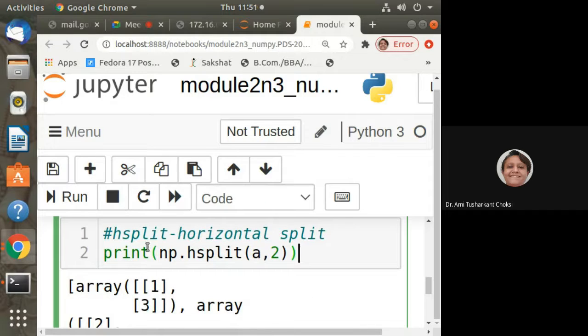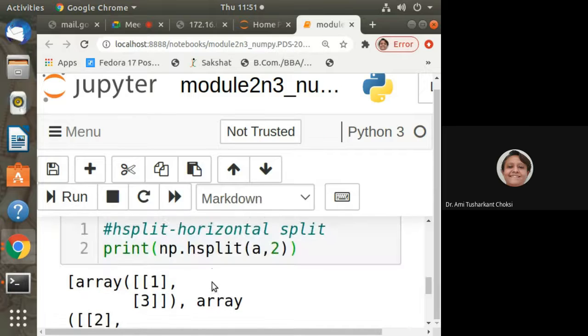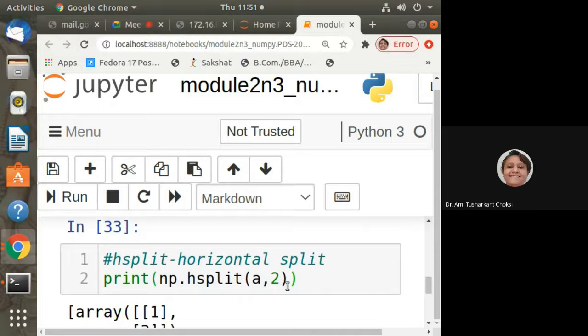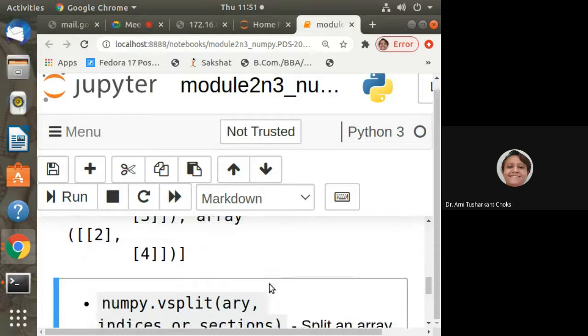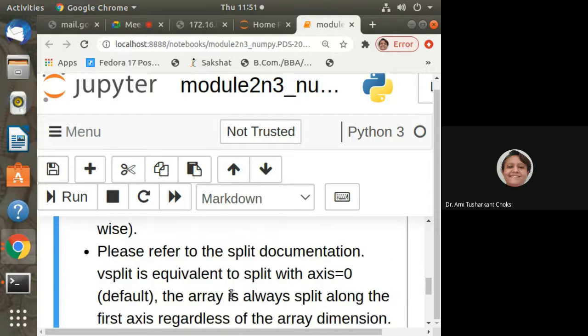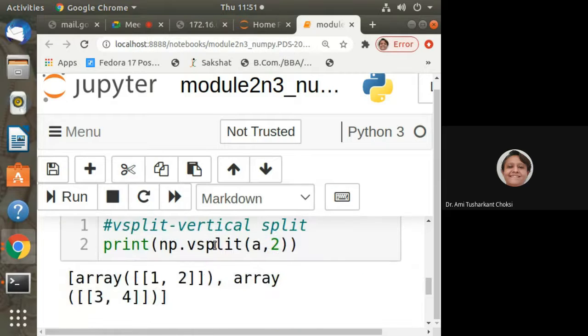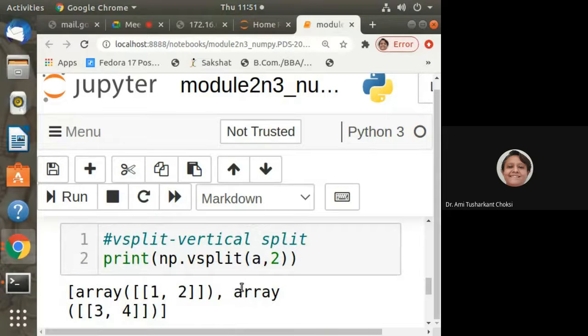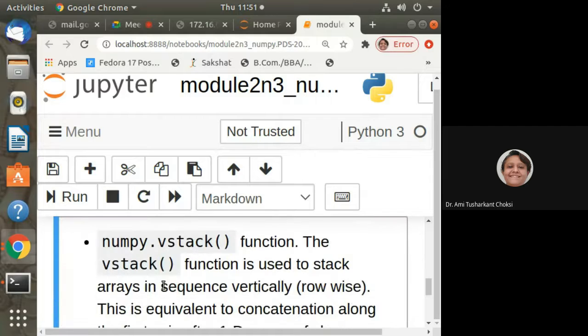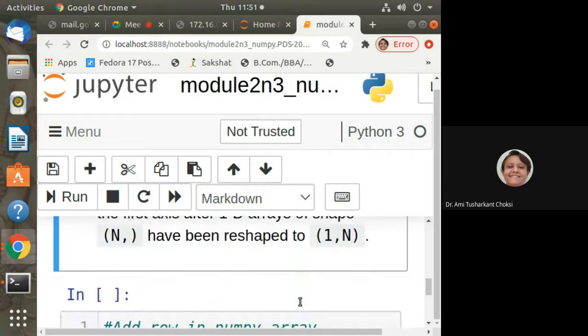Now here we can specify what is our A. You can say it is 1, then 3, then 2, then 4, right? This is for vsplit. So you can see that for vsplit, then we can say vstack.